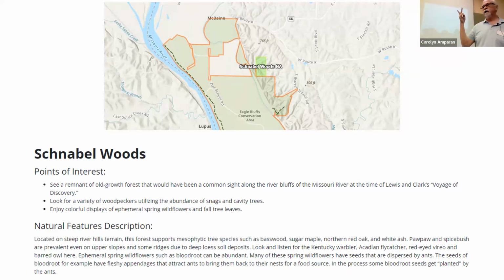Remember we were looking at two natural areas. Schnabel Woods is the other one. You can get there by going to McBain, walking toward Cooper's Landing for 1.5 miles, and look for trails off to your left. There are a couple trails up into it. It's not really very easy access, but this is an area where you can see some of the mesic forest. Its distinction is there's basswood in the overstory canopy, maple, and northern red oak is the big thing. White oak is there as well, but